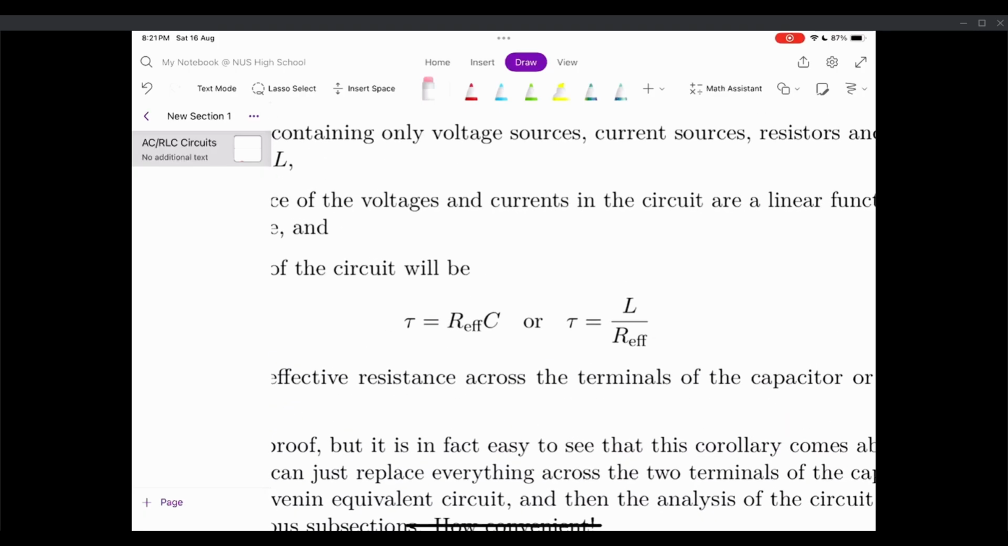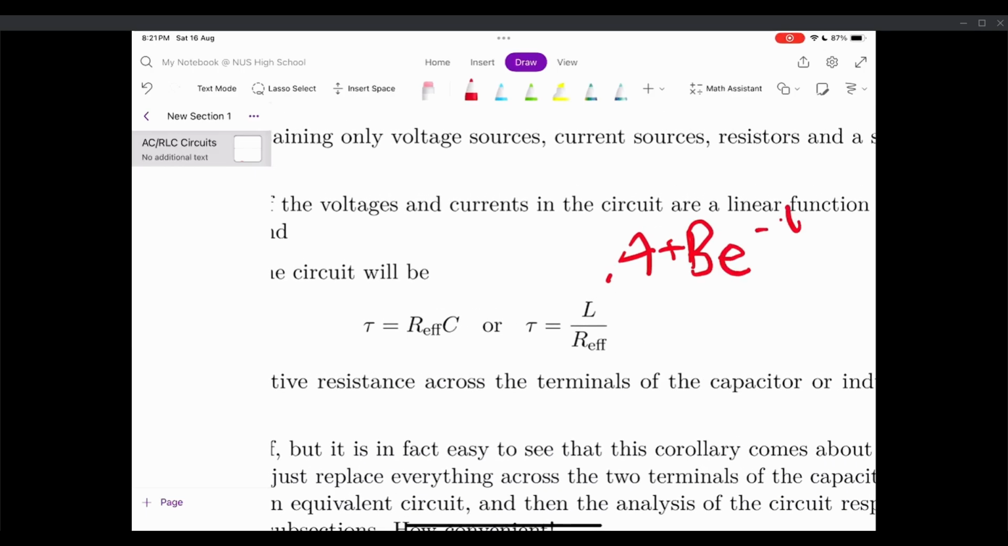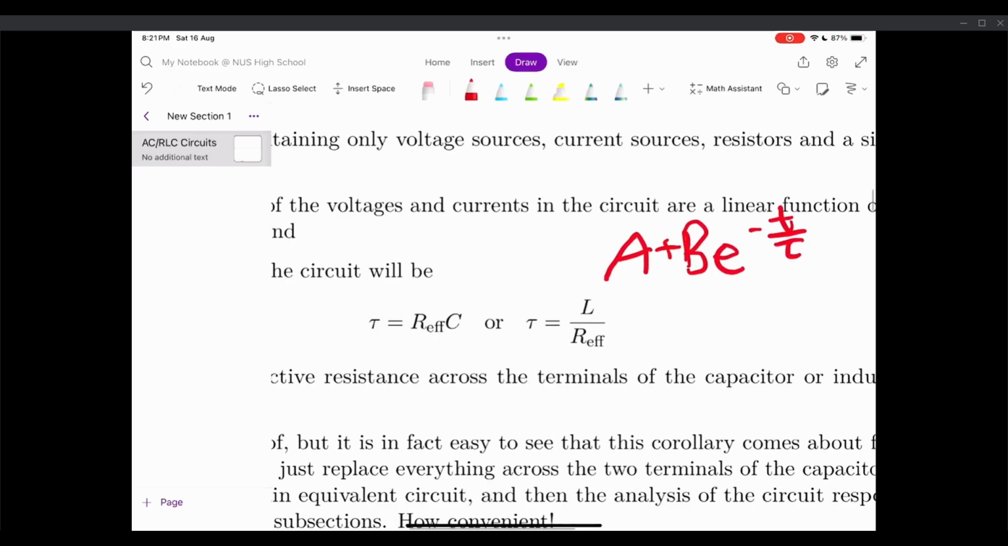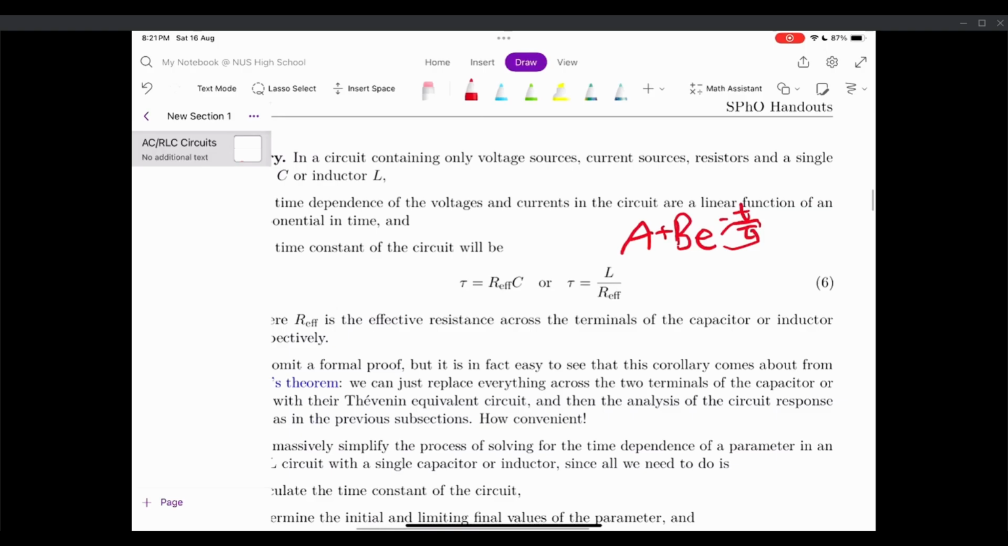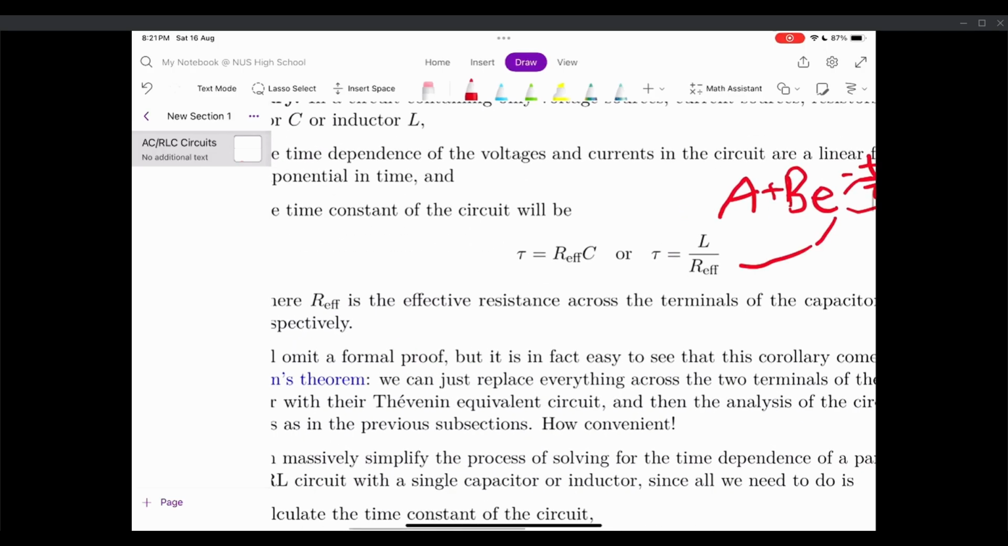What that means is it's of the form a plus b e to the minus t over tau, something like that. And you can say that for any quantity, that's either V or I. And this time constant of the circuit is going to be